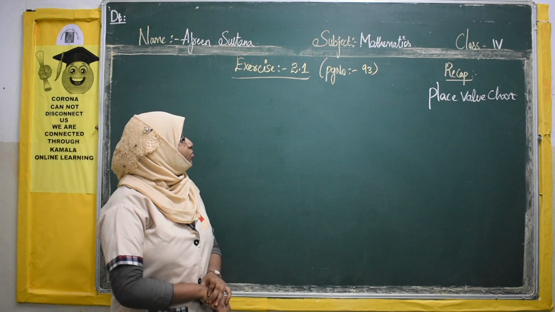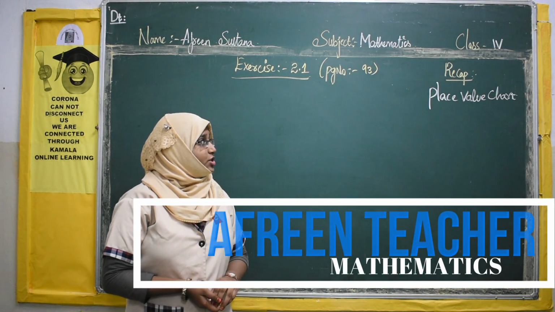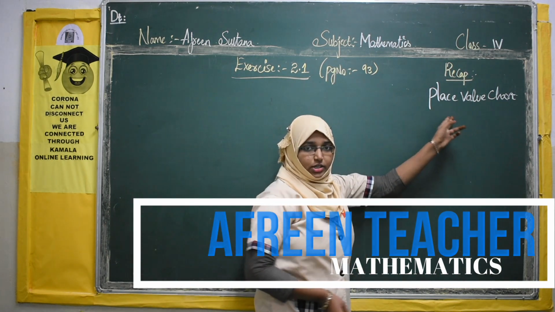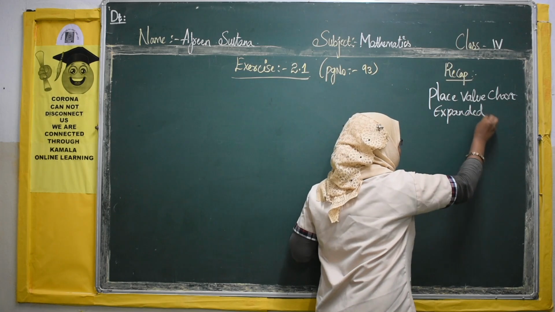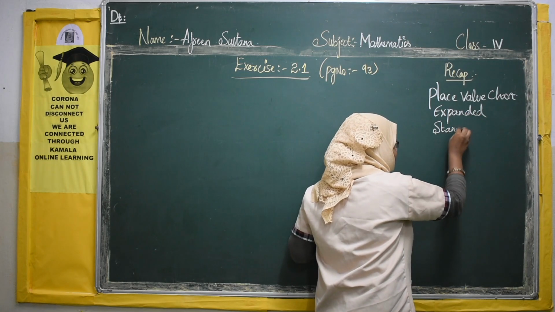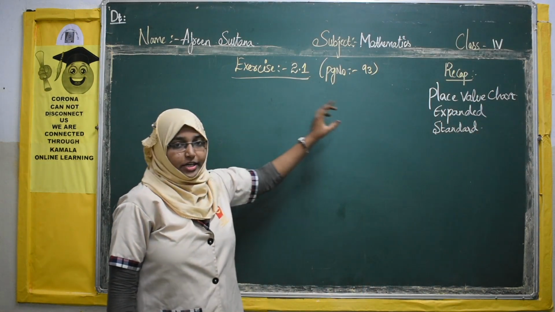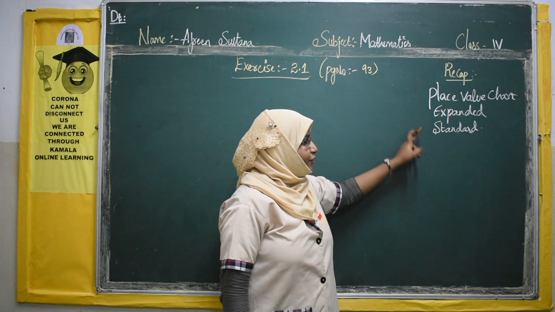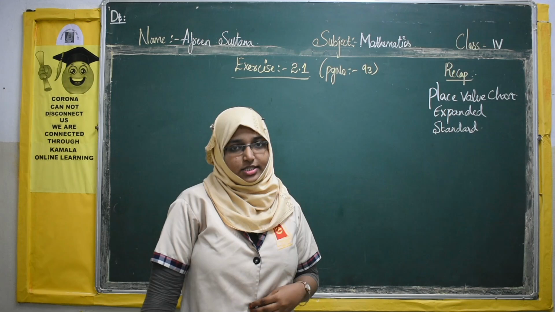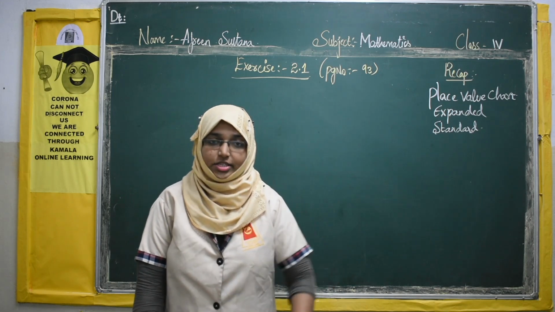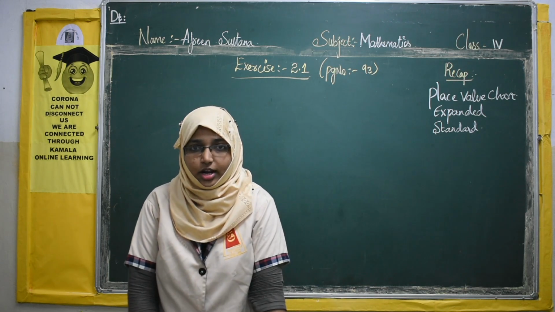So today we are going to complete our exercise 2.1 and 2.2. Things we have learned so far are our place value chart, expanded form and standard form. Our exercise 2.1 and 2.2 is completely based on place value chart, expanded form and standard form. In place value chart we have done our 5-digit number, 6-digit and 7-digit number. Right? So I request everyone to open your textbook page number 93 and be ready with your classworks.